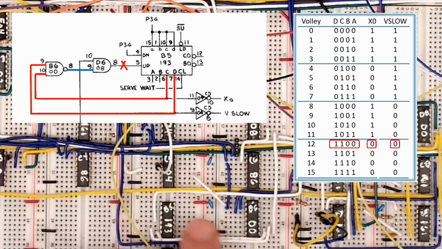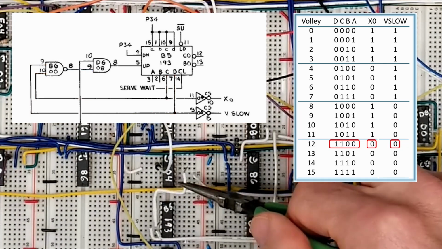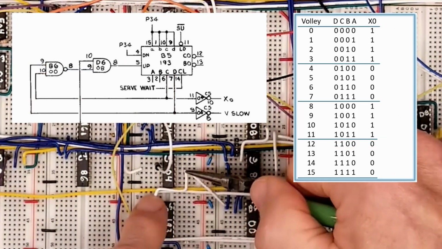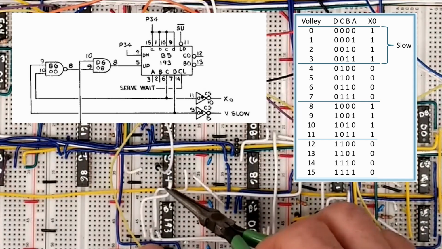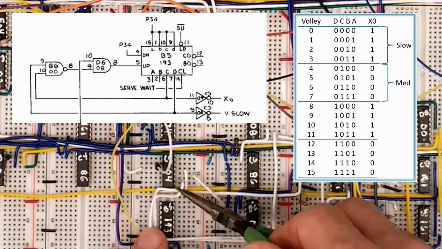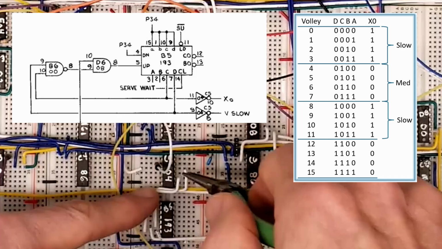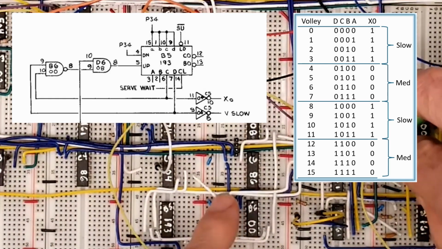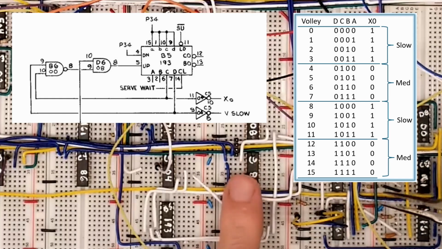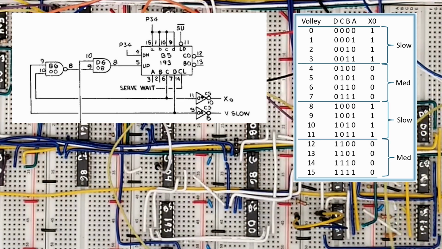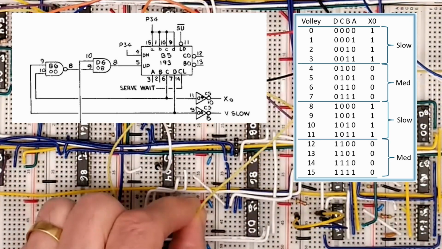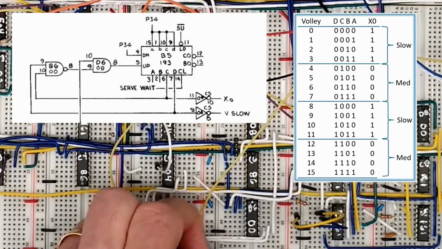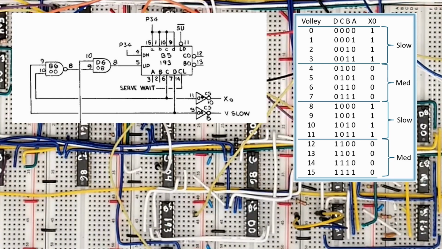next serve. If we map this out for the X direction, the ball moves slowly until the 4th volley, then speeds up to medium. On the 8th volley, it slows down again, and on the 12th volley, it goes back to medium. Seems like a strange pattern, but we'll see in a bit that they slow down the X motion and switch to medium on the Y axis at volley 8. Then at 12, they crank X back up to medium.